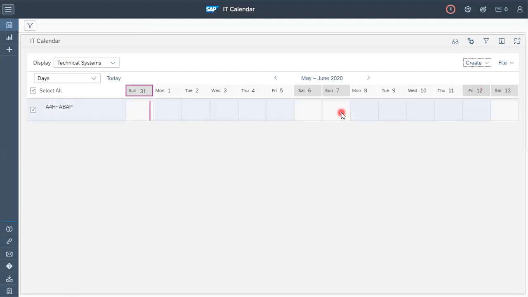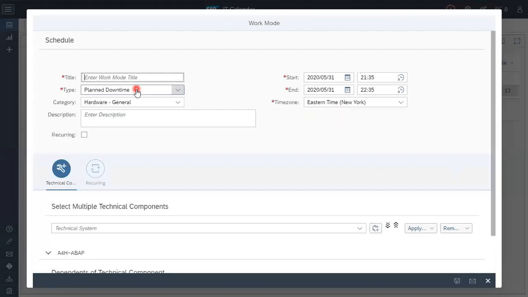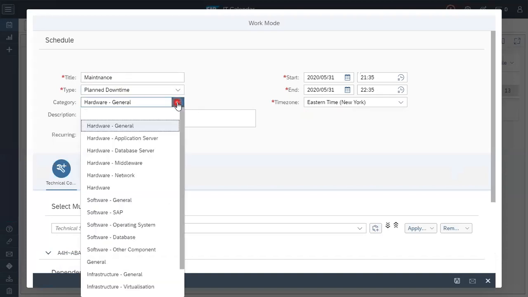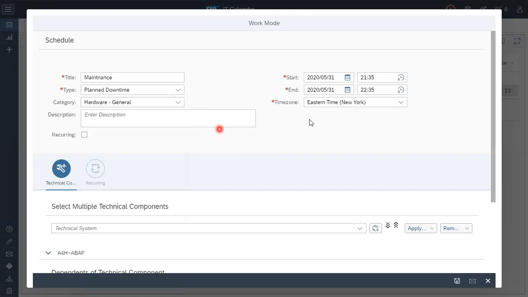It will open a new page. In the new page, you have to maintain the work mode name, like test or maintenance. Then the type of downtime, planned downtime, and what type of changes are going to happen in this maintenance in the description, and the start and end time of the maintenance. This is the time zone.